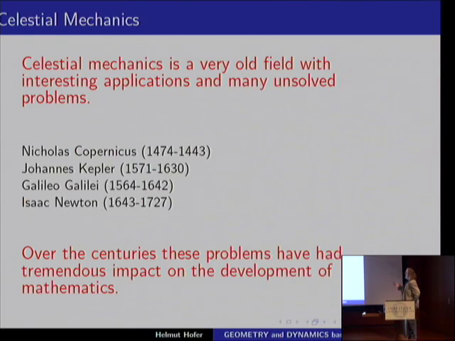So now I'm not talking about the history, so I will talk about mathematics, and then for me what will be important is Isaac Newton, who found out what the laws are which govern the motion of celestial bodies. Now, while this problem itself is interesting from a mathematical point of view, over the centuries it had a tremendous impact on quite a lot of mathematical theories.